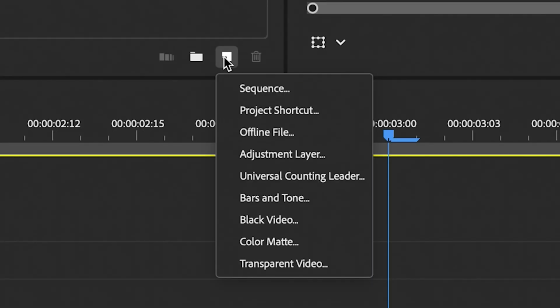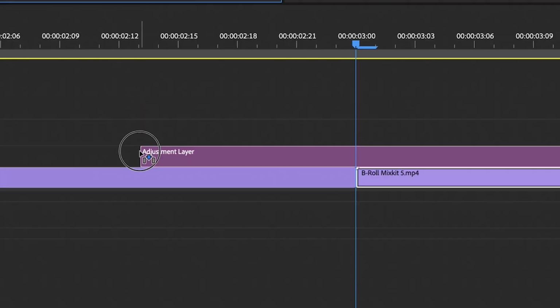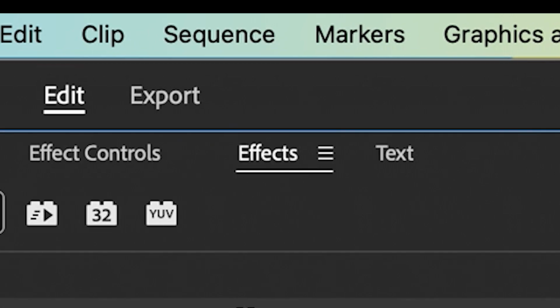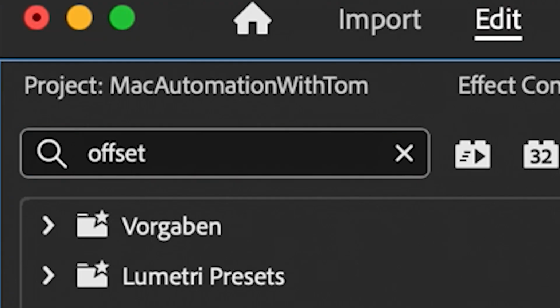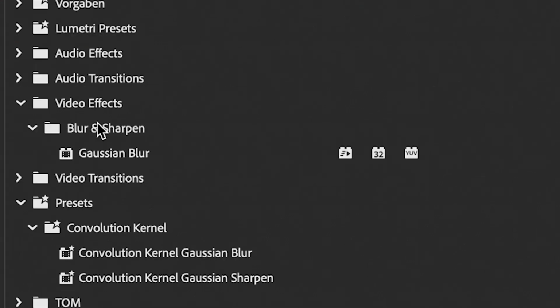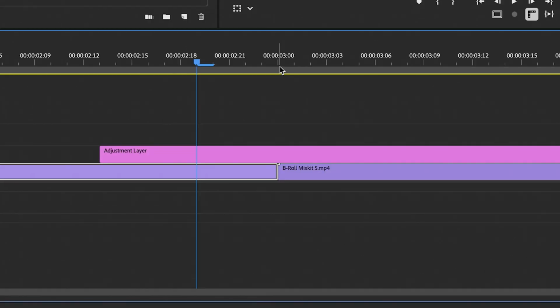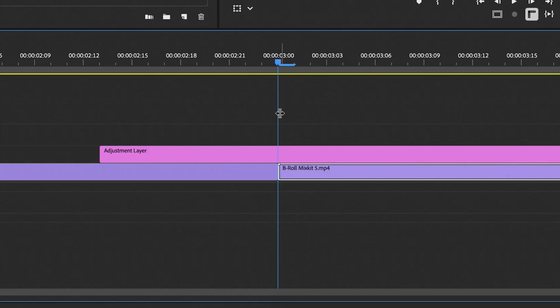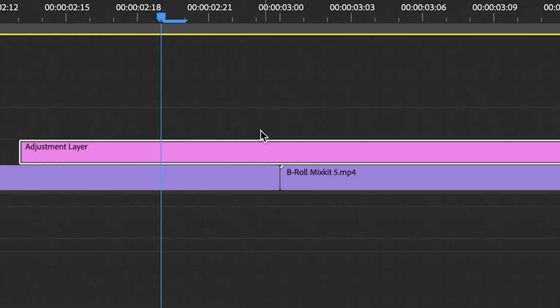Before we can create the automation workflow, we have to add our transition once manually. So create an adjustment layer, drag it to the timeline, navigate to the effects panel, search for the offset effect, add it to the adjustment layer, search for the Gaussian blur effect, add it to the adjustment layer as well, move the playhead to the point of the cut between both clips, move 5 frames to the left, go to